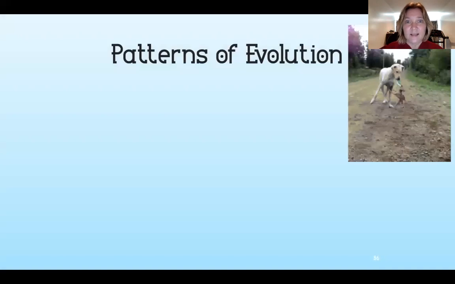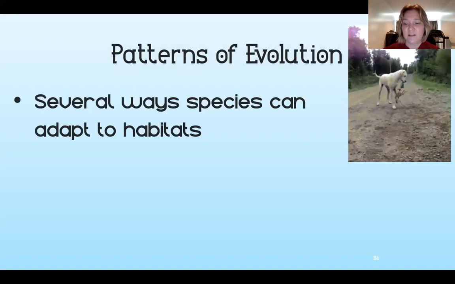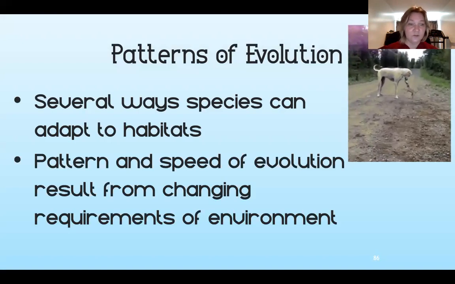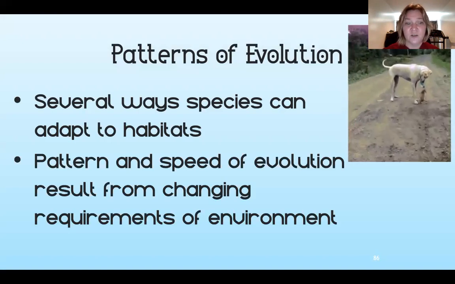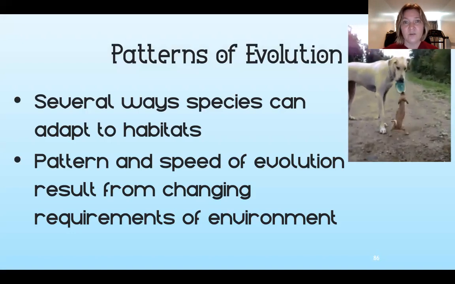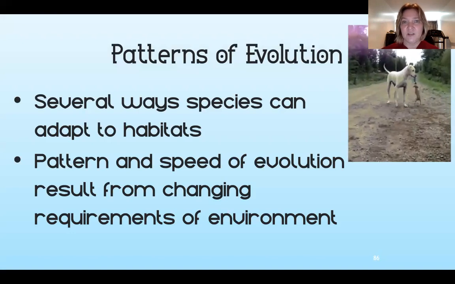This is section 3 of chapter 15, finishing up evolution. In this video, we're going to look at patterns of evolution. There are several ways that species can adapt to their habitats. The pattern and speed of evolution results from changing requirements of the environment. So there's going to be a few different patterns of how a species can evolve, and that's what we're going